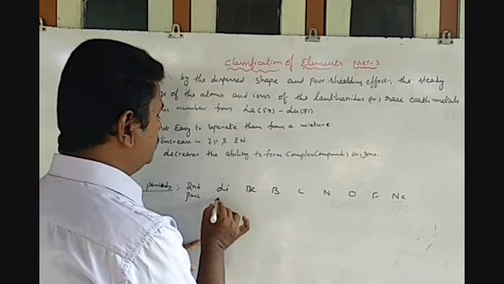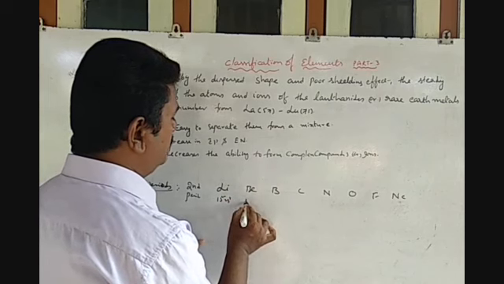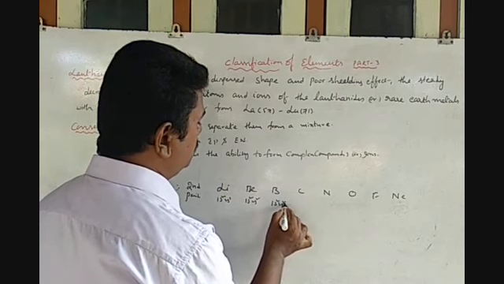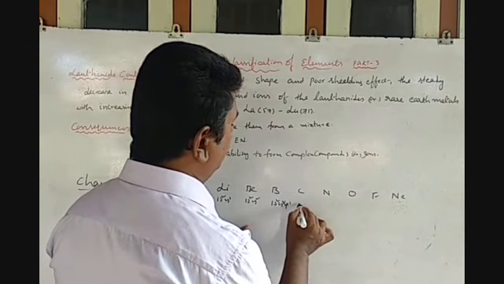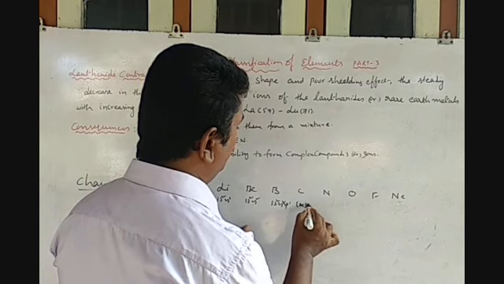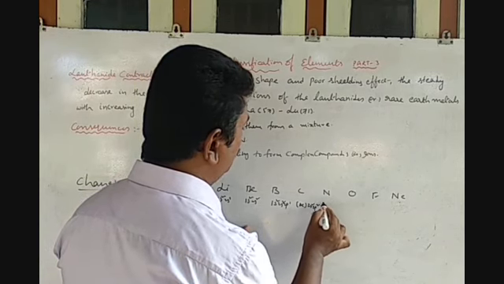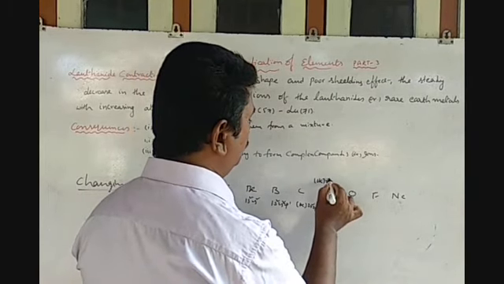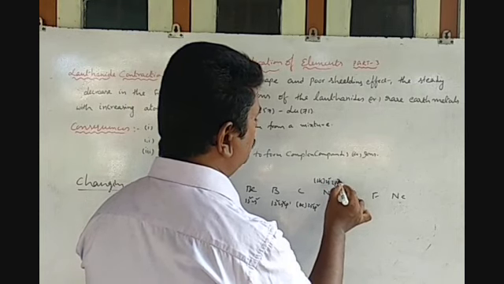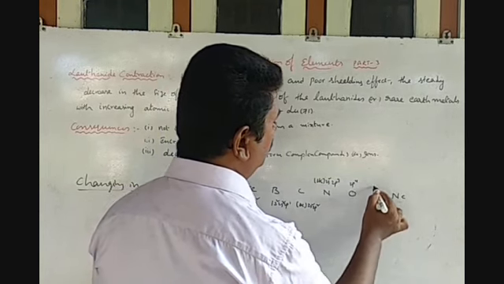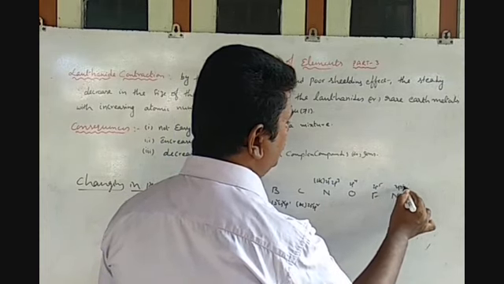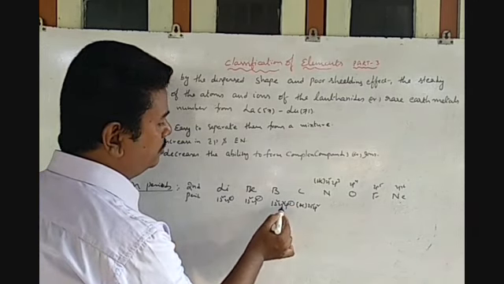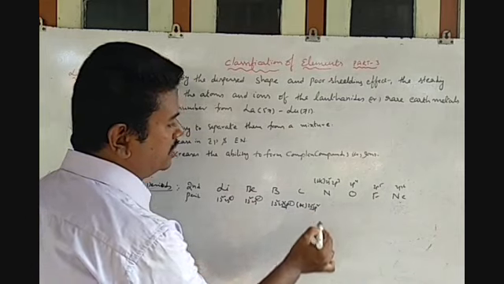Observe here, this one is 1s2 2s1, this one is 1s2 2s2, this one is 1s2 2s2 2p1, this one is helium 2s2 2p2, and this one is helium 2s2 2p3, this one is 2p4, this one is 2p5, this one is 2p6. Every newly entered electron enters the same principal quantum number, that means the same orbit.